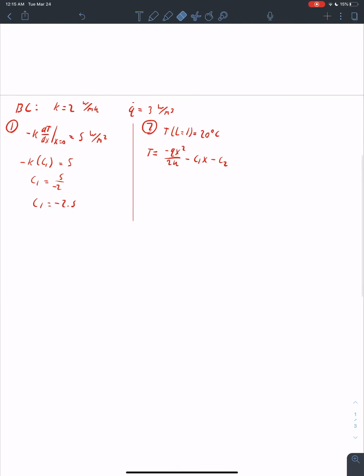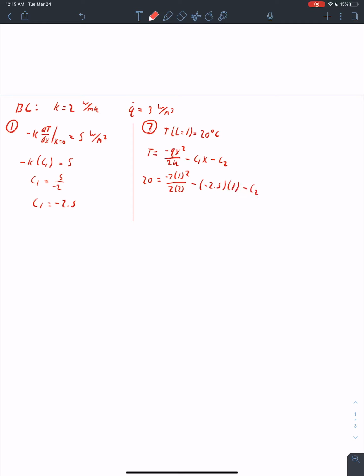So temperature here is equal to 20. Heat generation we know is equal to 3, negative 3, the length is 1, over 2 times the thermal conductivity of 2, minus the C1 that we just solved for, which is negative 2.5, and your x is equal to 1,